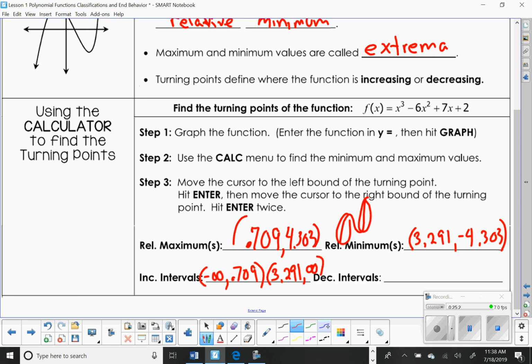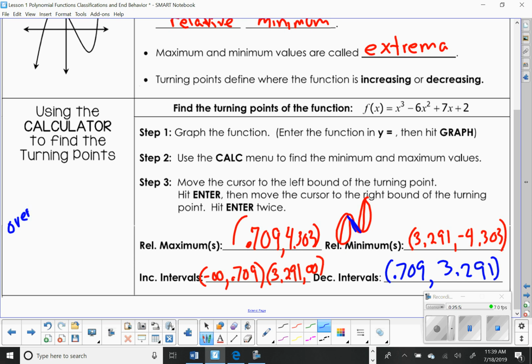The decreasing interval is this section here, and that's from 0.709 to 4.303. Oh, no, I'm sorry. I'm reading the wrong one. It's 3.291. Now, when you're asked about increasing and decreasing intervals, what you're being asked is